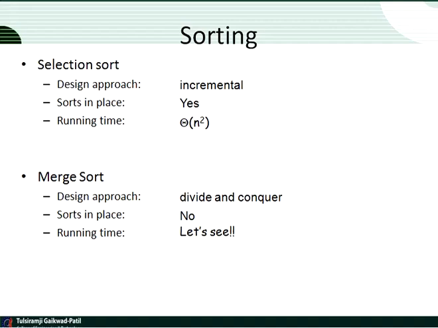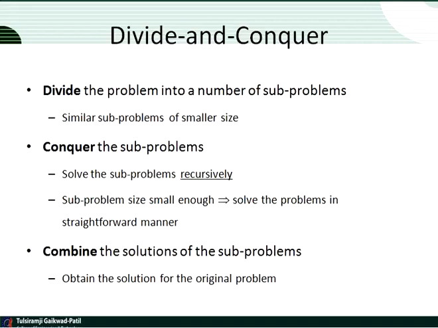It belongs to the divide and conquer type of strategy. Divide and conquer means dividing the problem into a number of subproblems. For example, if you are given a list of 10 or 12 elements, you break the list into two parts of 6 each, and then divide again and again until each and every element is separated.